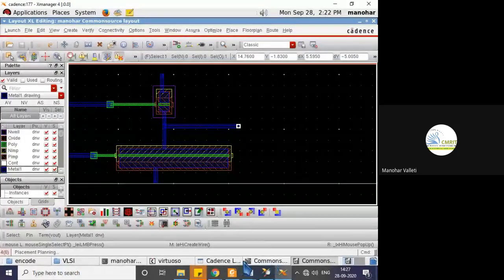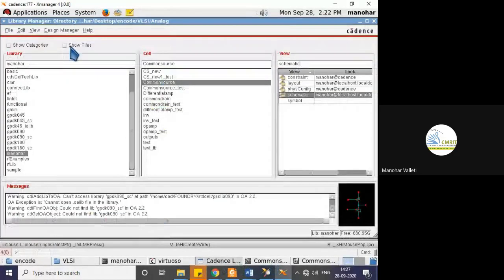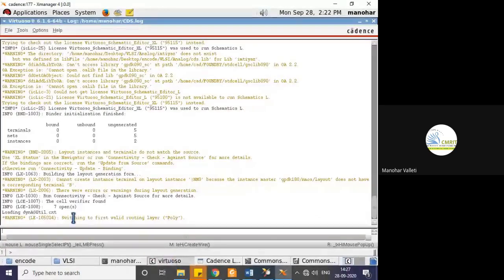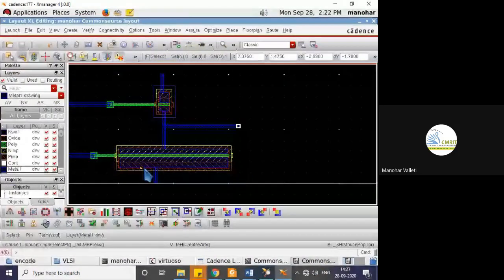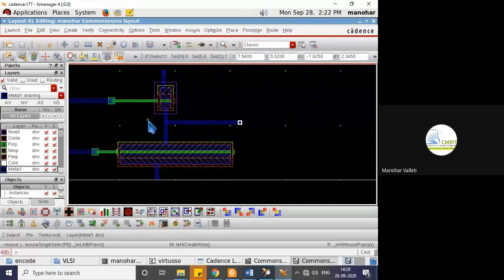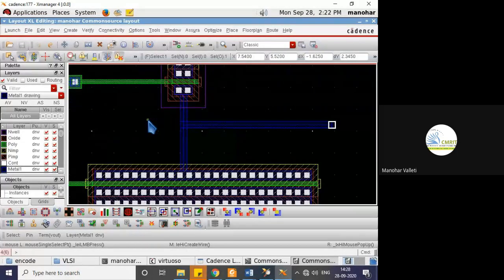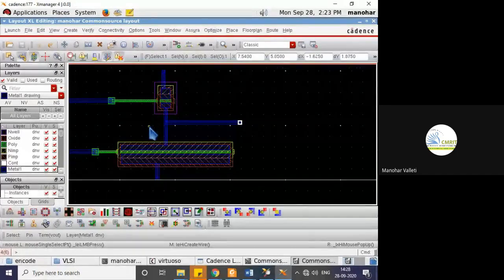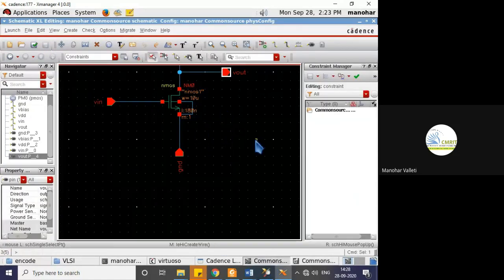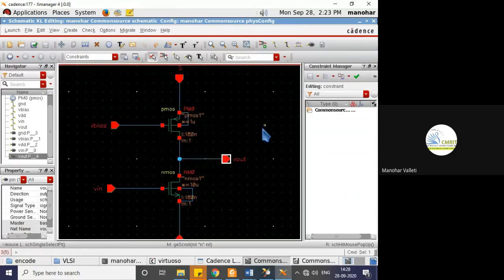Once it is saved, you just see the CDS log window. Fine. Now I want to check whether my connections were proper or not. Am I connected to all or did I miss anything? If something is missed, definitely it will throw an error in LVS. If the connections are missed, I try to do it here, how your schematic will look like. The entire schematic I want to replicate there.